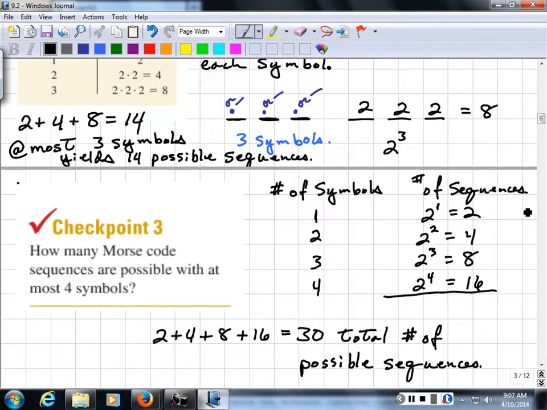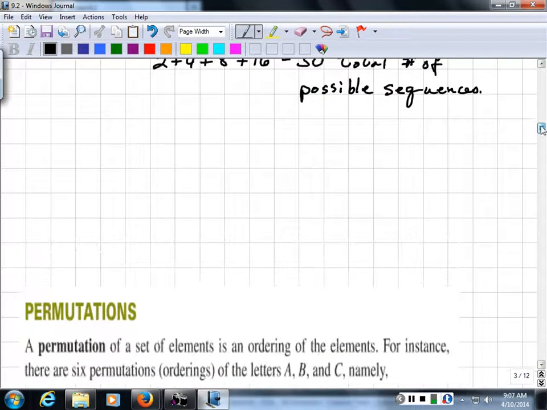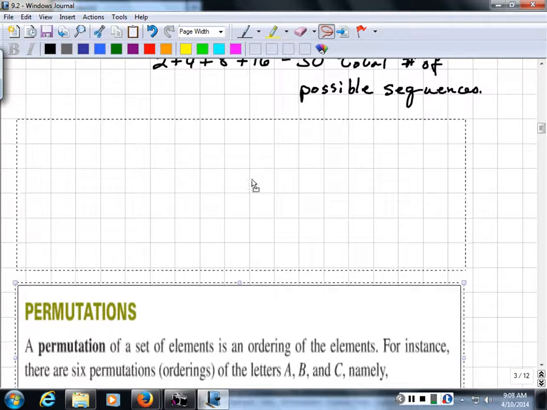Okay. All right, we're going to stop there because permutations is next, and it's going to take me a little